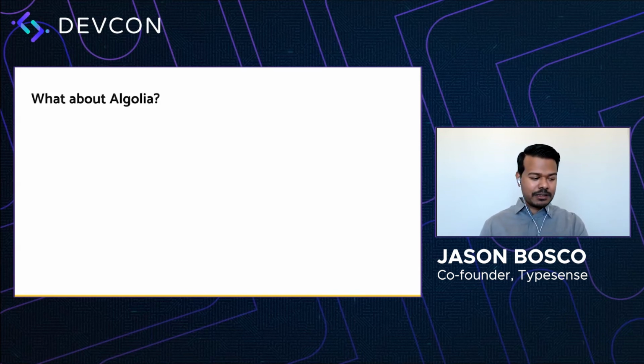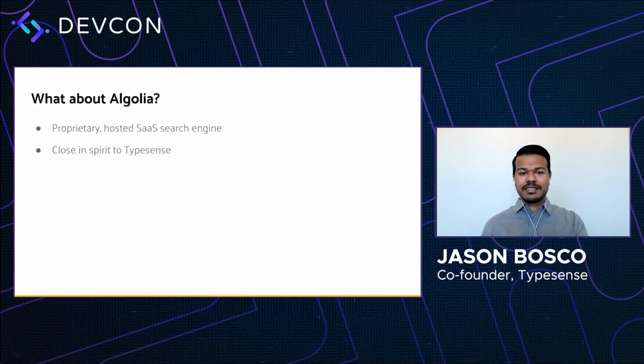Now, if you've heard about this search engine called Algolia, it's a proprietary product. It's a SaaS product. You might have seen them in some of the documentation sites, for example, for React, and I think even Vue. Many backend libraries also use Algolia to power their documentation search. They're very close to Typesense in that they're also an in-memory data store. And they've actually solved a lot of these pain points that I'm telling you about with Elasticsearch. They've also done a similar thing with